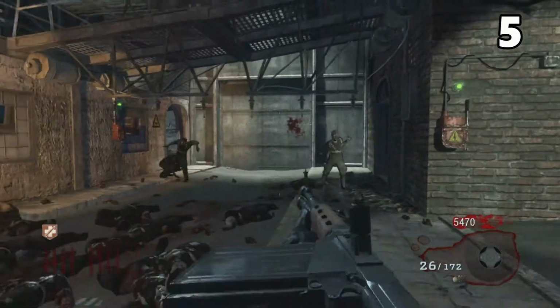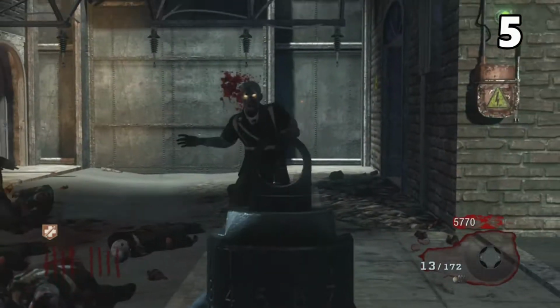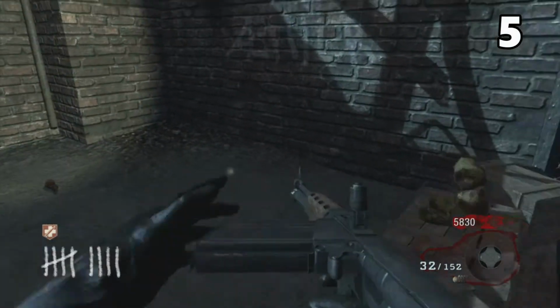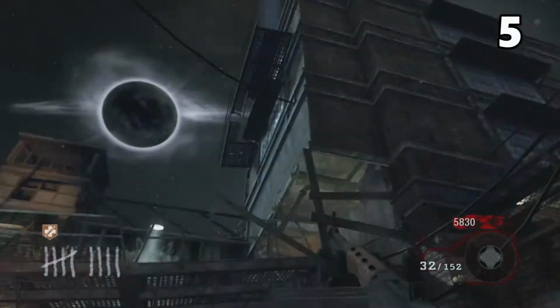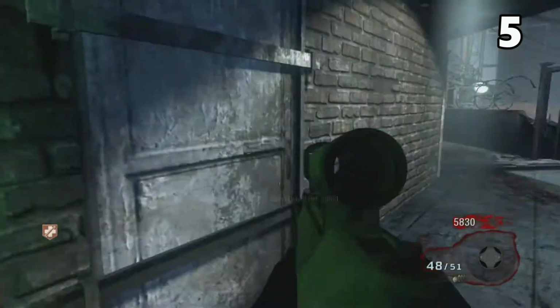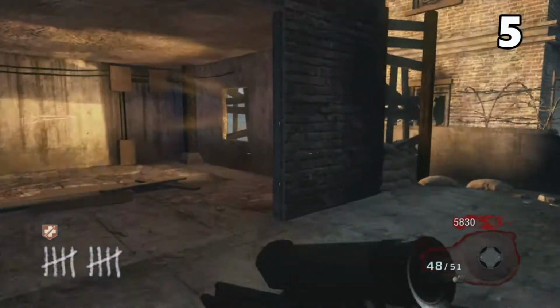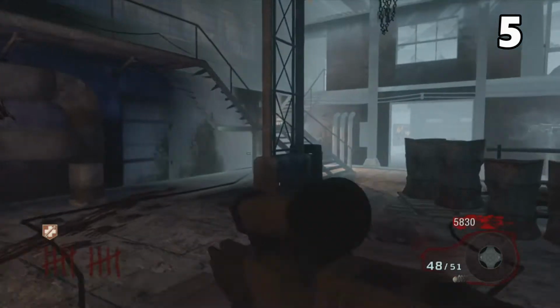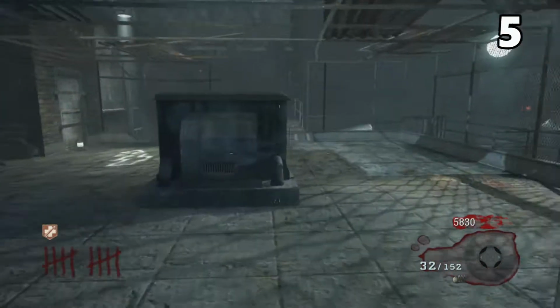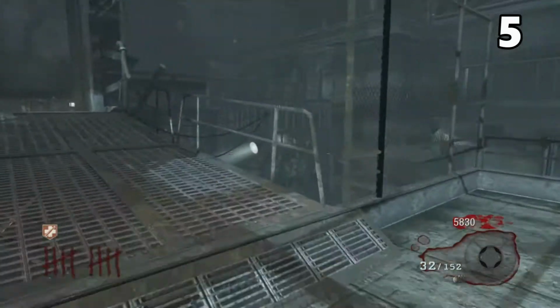Coming in at number 5, I have Der Riese. Now, Der Riese is a scary map. Not the scariest, but pretty freaking scary. I mean, just the atmosphere of it. You are in a dark, scary German factory during World War II, one of the scariest times in history, and there's just blood splatters all over this map. You can tell something went down here, and there's chambers where they would burn people during the Holocaust, just all